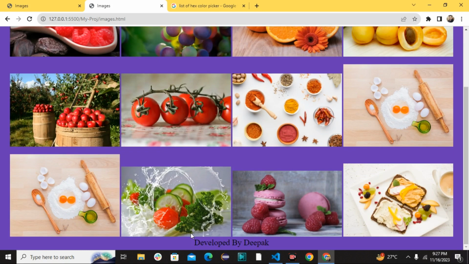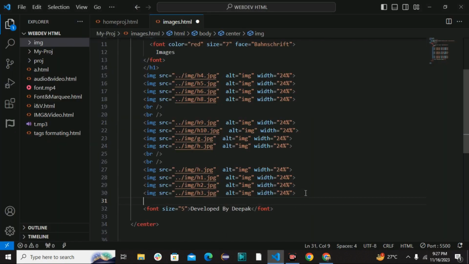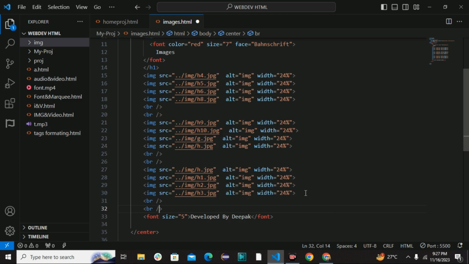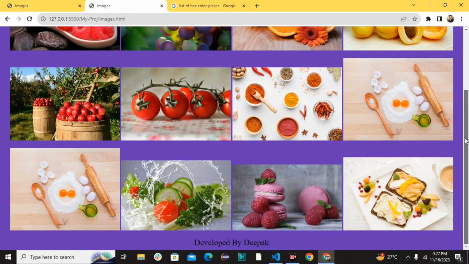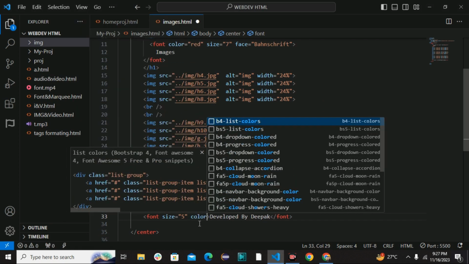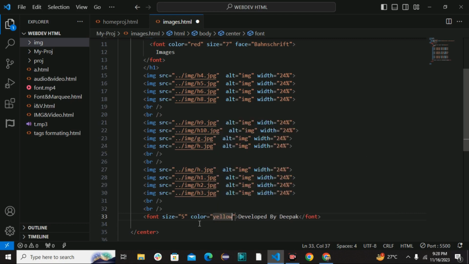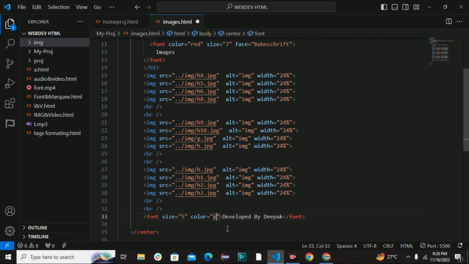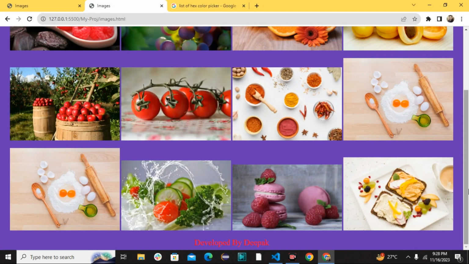See, I will give some br tags. Okay, I want to change the color of this text. Okay, color yellow or red. Okay,